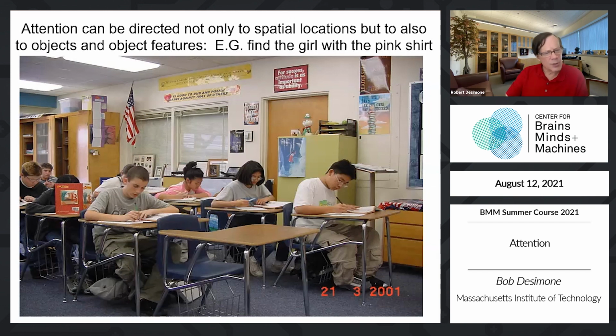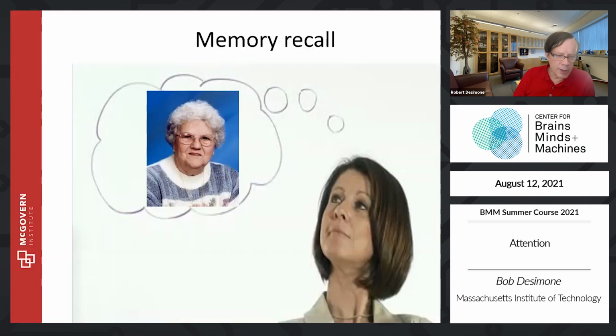But when I ask you to find the girl in the pink shirt, where's the map of girls and where's the map of pink shirts? Where does that come from? And if you think about it, it's a very comparable problem to memory recall. So if I ask you to pull up in your mind an image of what your mother looks like,